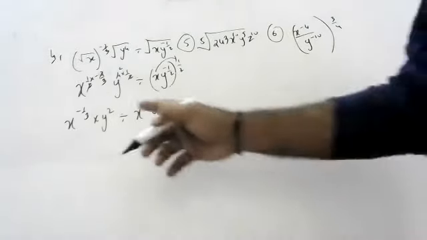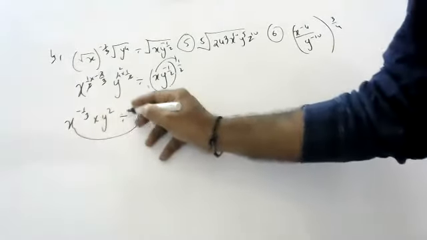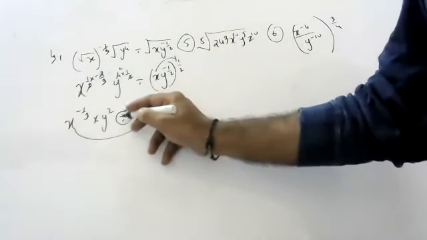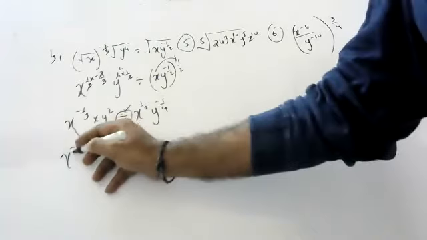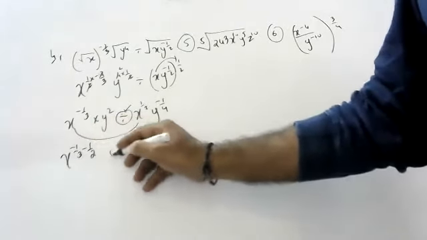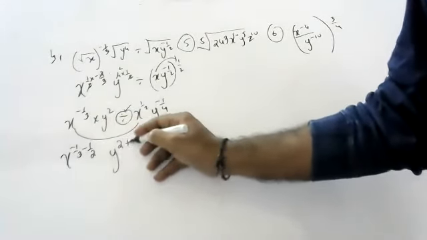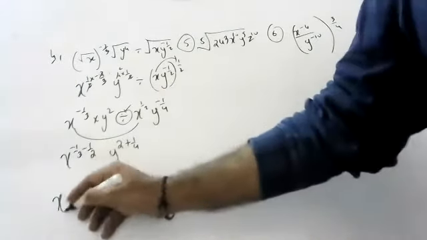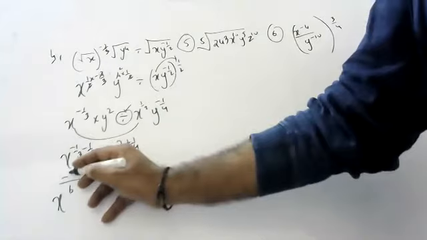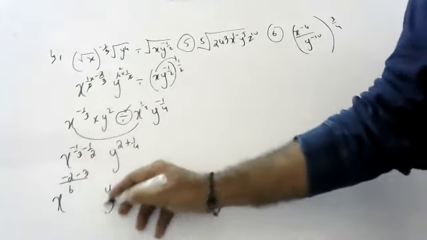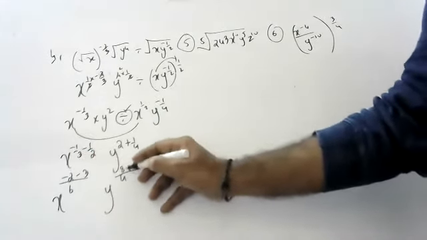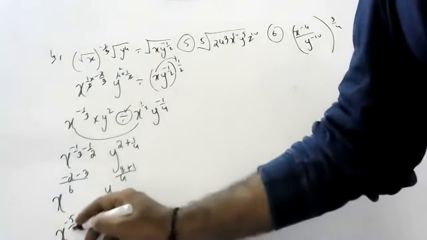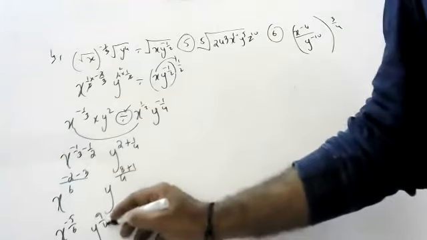Okay, Nama? So when bases are same, powers can be subtracted because division is there. X to the power of minus 1 by 3 minus 1 by 2. Y to the power of 2 minus of minus plus 1. So x to the power of 6, minus 2 minus 3, y to the power of 4 is the LCM. Tell, Nana. X to the power of minus 5 by 6, y to the power of 9 by 4.